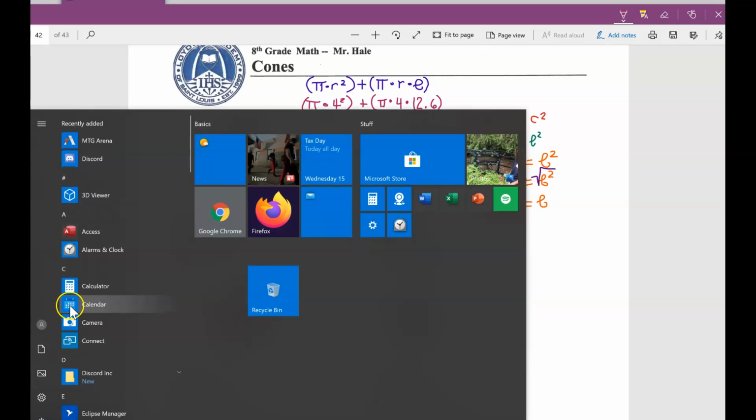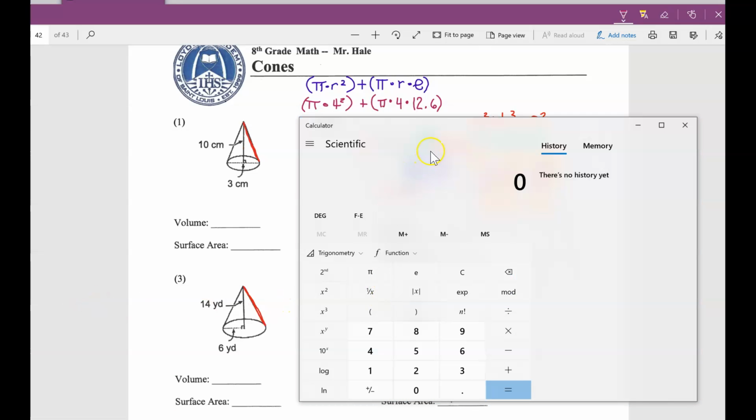Let's pull up our calculator. We're going to do parentheses 3.14 times, what's 4 squared? 16. Close parentheses. Plus parentheses 3.14 times radius is 4 times slant is 12.6. Close parentheses. See how our whole formula is here? It equals, there's our final answer,